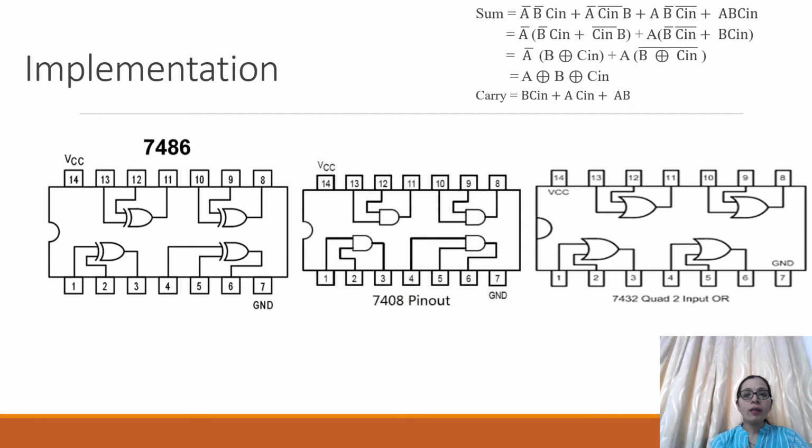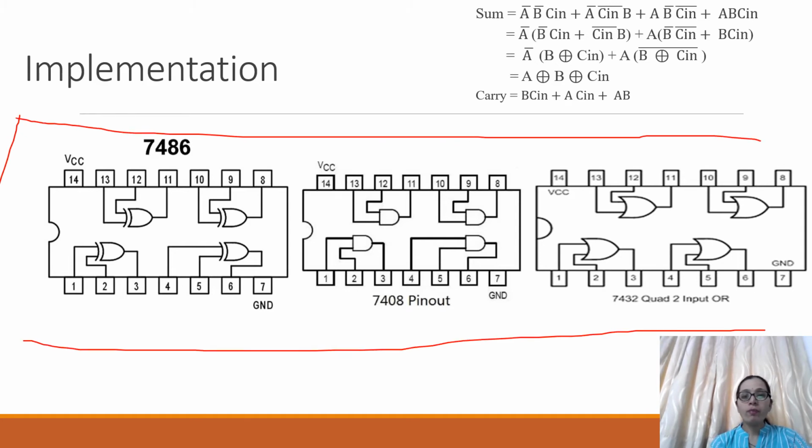Now we will see the implementation of a full adder using these ICs. We are assuming here that these ICs are mounted on a breadboard, and we will assume this as an entire breadboard, and this breadboard has these three ICs connected. So how do we give VCC and ground to the breadboard? Using the power supply. First, the upper part we will make the VCC and the lower part we will make the ground.